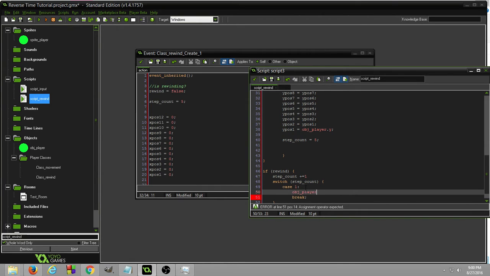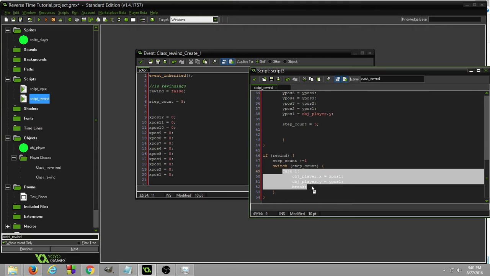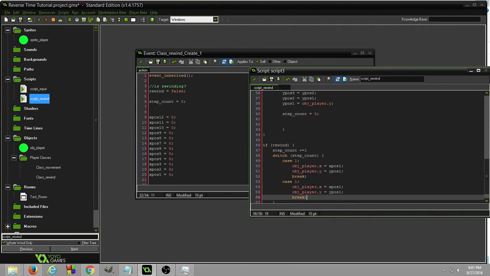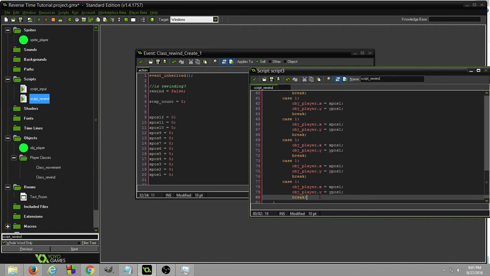object player dot x equals x position 1, object player dot y equals y position 1, and we're just going to take this and copy and paste it a couple of times, because we're going to be iterating up to 12. So 2,